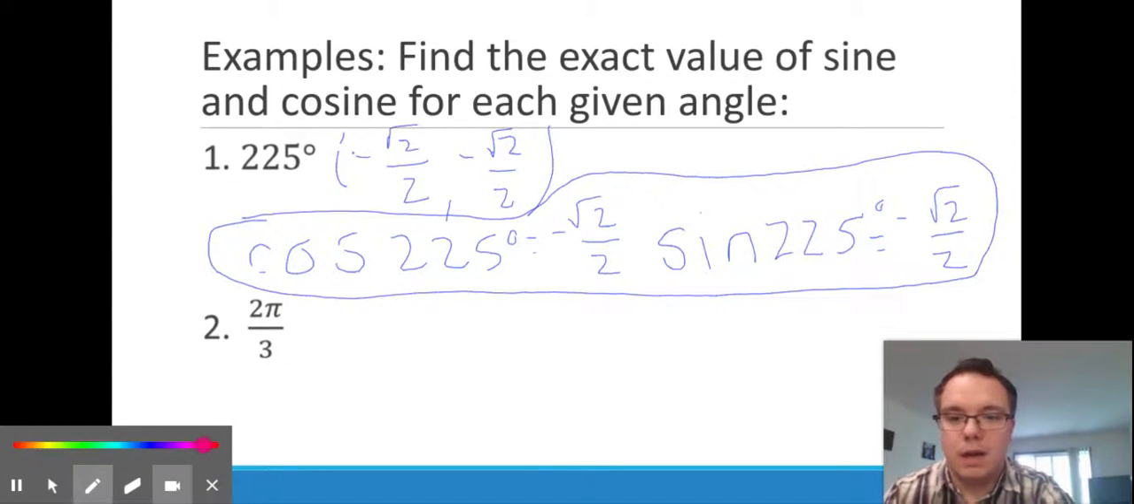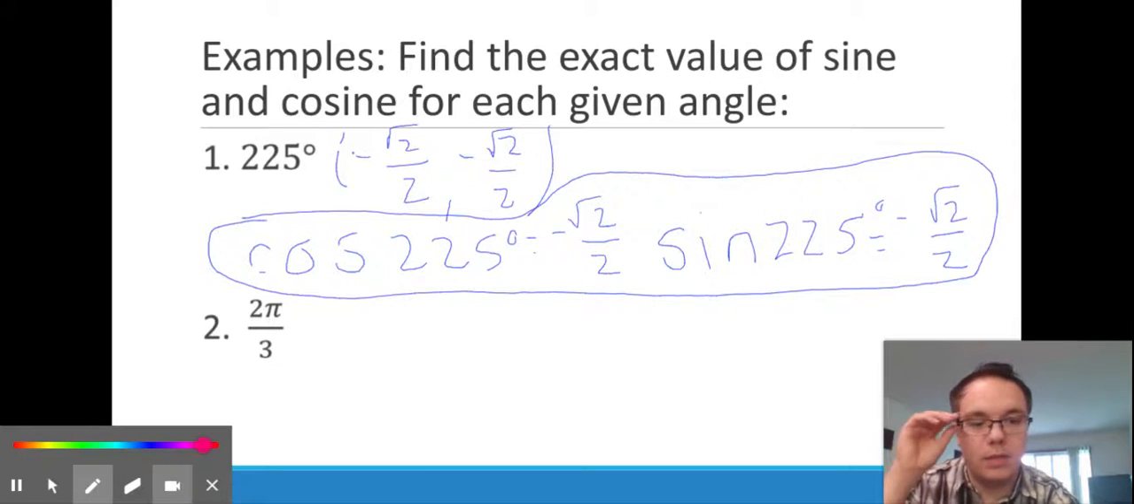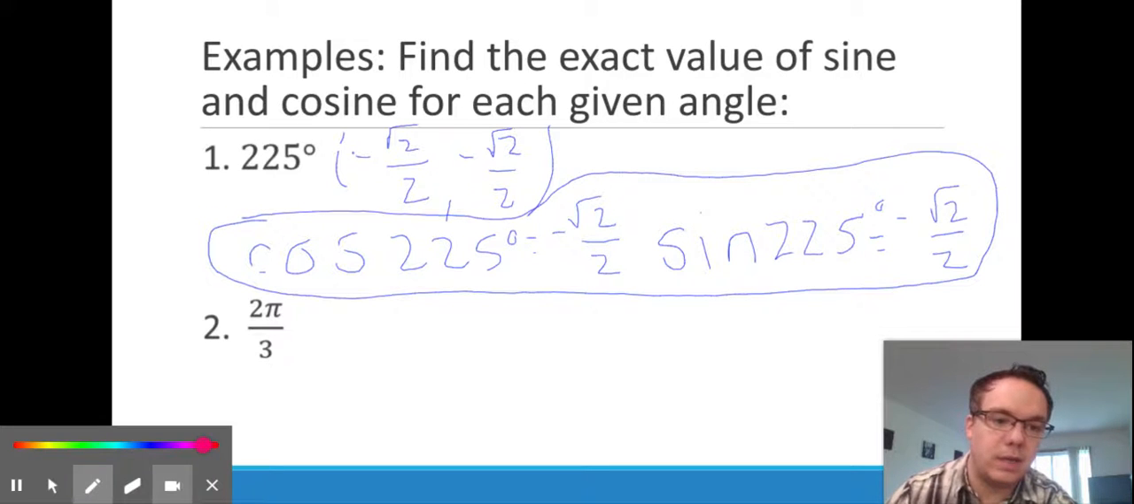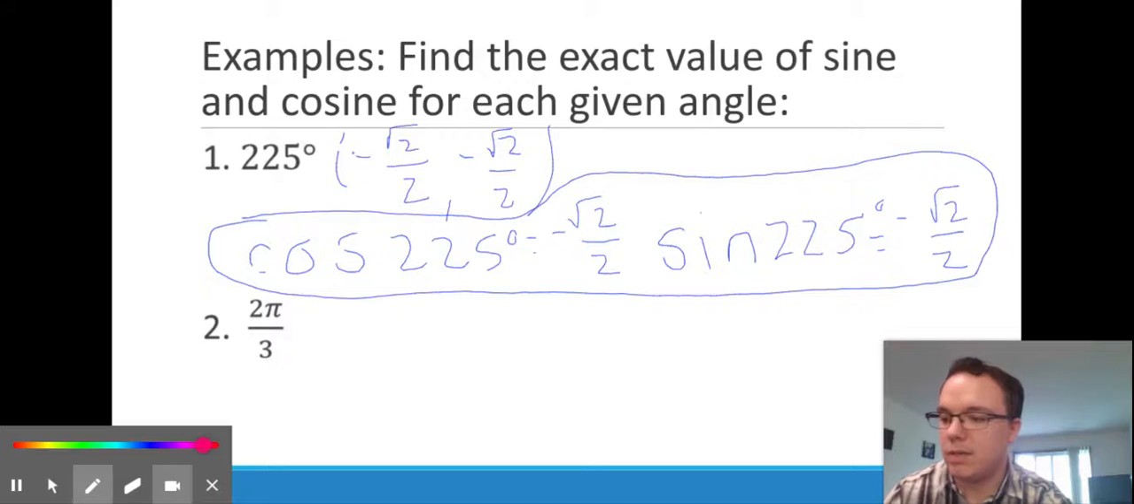All right, 2 pi over 3. Remember, radians are just another way to measure an angle, and it comes from the circumference of the circle and the fact that there are 2 pi radians in a circumference of a circle. If there are 360 degrees in a circle, there are 2 pi in a circle, or pi in half a circle. So 2 pi over 3 is a little less than 1 pi, so that's going to be in the second quadrant. 2 pi over 3 is the same as 120 degrees, and our point there is